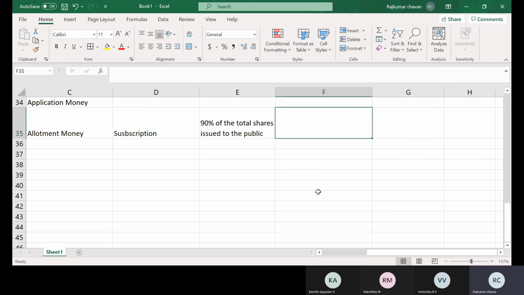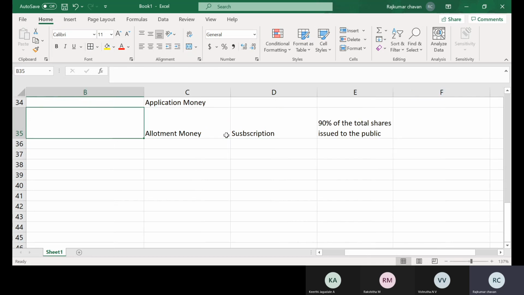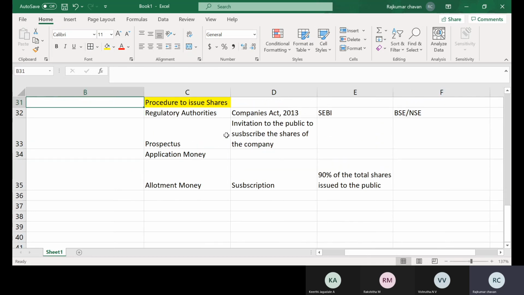Issue of Capital and Disclosure Act. In module 1 there is one subject called securities law and capital market law. There you will study in detail about how the company issues the shares. I think Vishuta, you have been studying that. There is one Issue of Capital and Disclosure Act. If you study that whole chapter, it is very worthy to read. There you will understand how the company really issues the shares, because there is an act to follow. Okay, so allotment money.